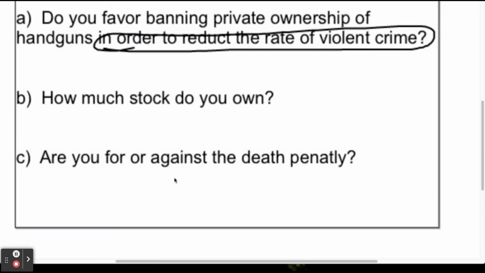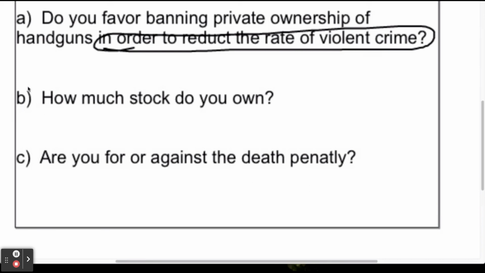Are you for or against the death penalty? Are you in favor or not in favor of banning private ownership of handguns? Because by only asking one side of it, you're kind of laying out your cards of